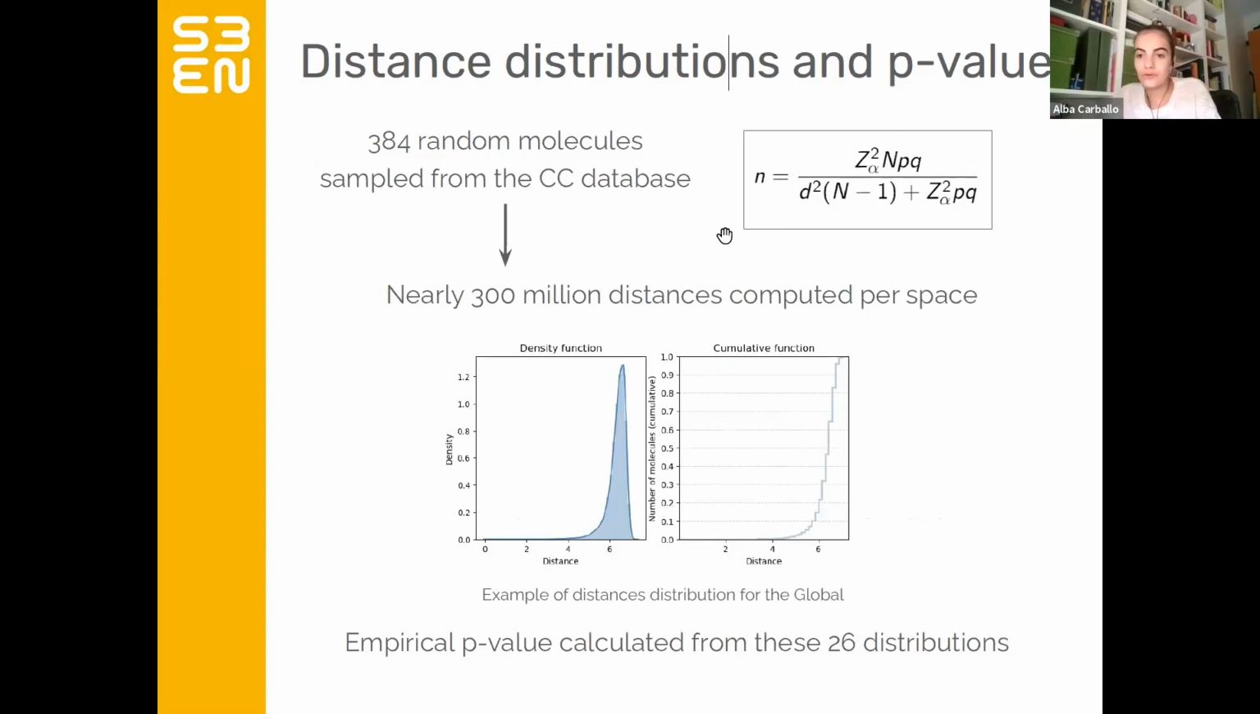This is the formula for the sample size. Whenever we had a big universe of molecules, with this formula we calculated a 95% reliability, and it tells us to choose nearly 384 molecules. So we are going to have a reliable representation of what is happening in the chemical checker database. So we chose these 384 molecules, and for each one of them, we computed the distance to all of the molecules that are in the chemical checker database,